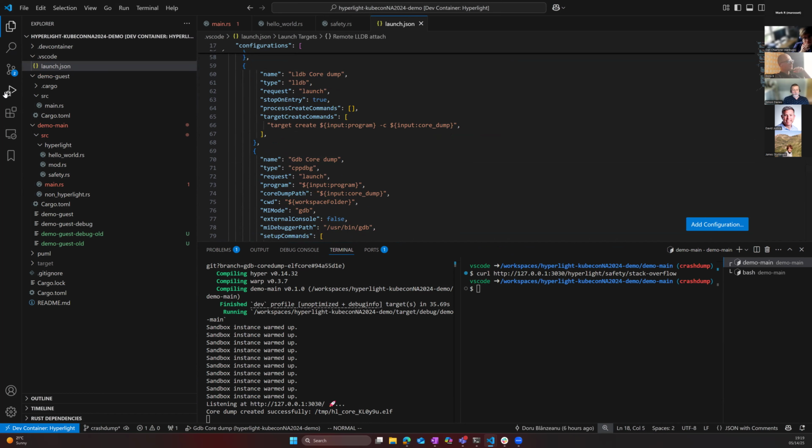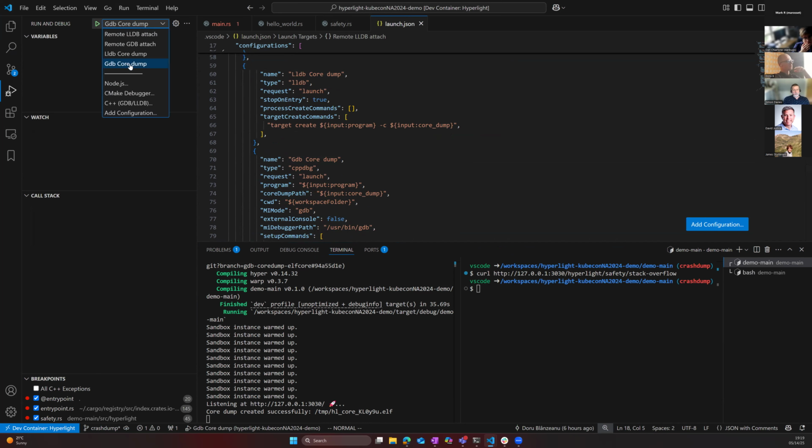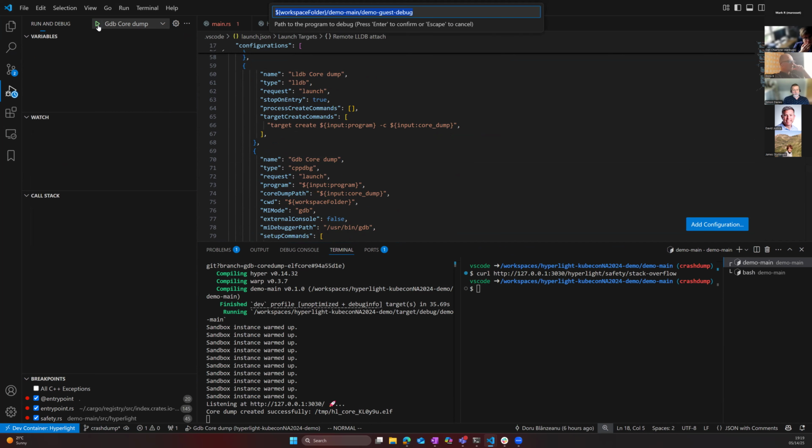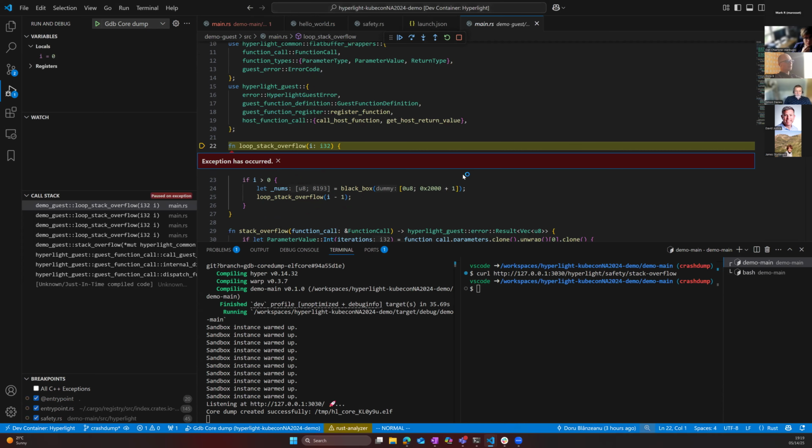So for this example, I'll use GDB. When I run it, it asks for the program that was used as a guest binary, which is the one that was printed there, and I will copy here the core dump file. And when I hit enter, it will start